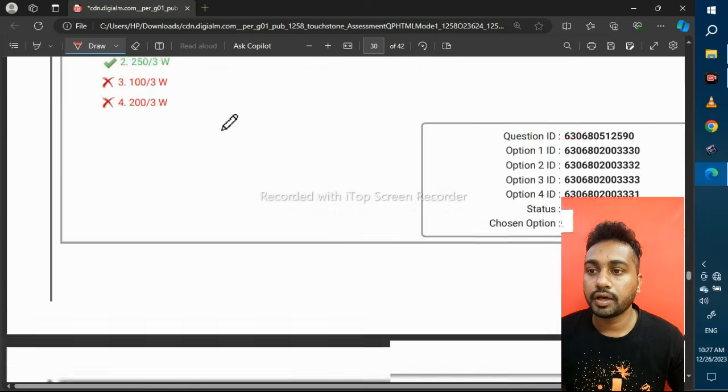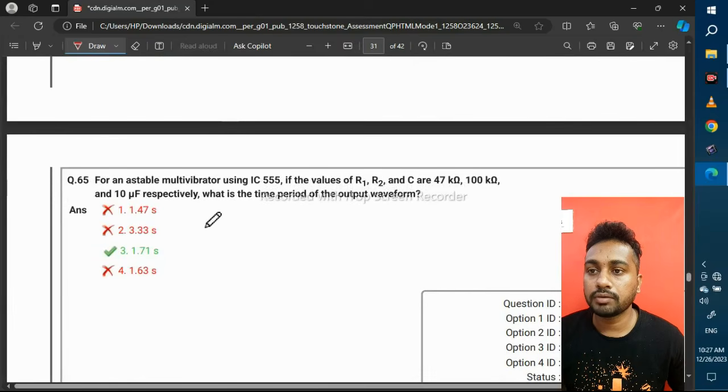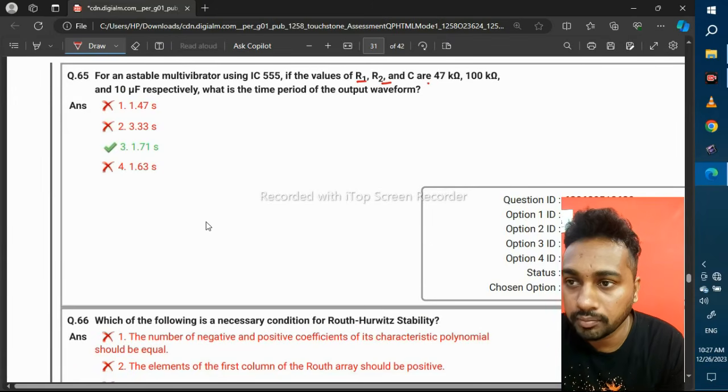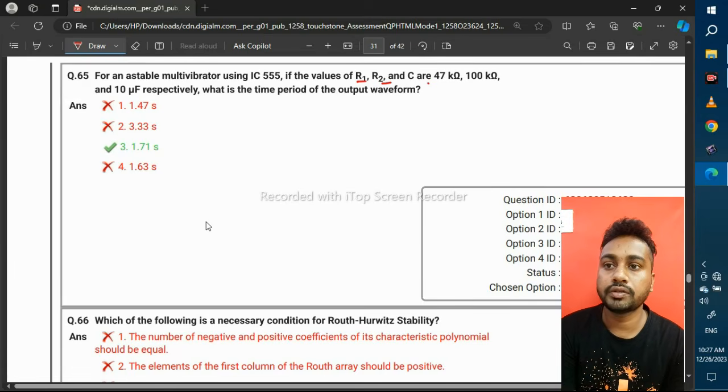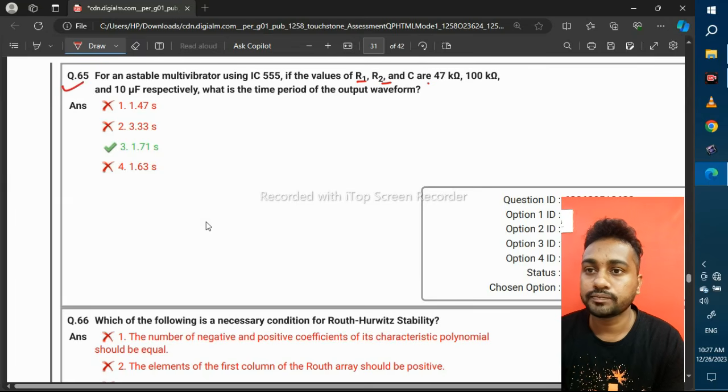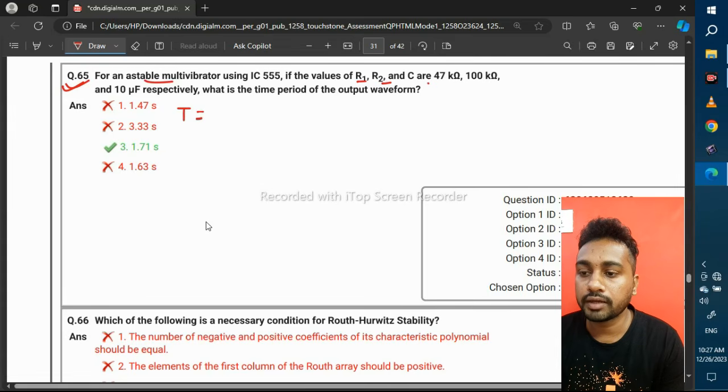Okay, now for an astable multivibrator using IC555, if the values of R1, R2 and C are 47 kilo ohm, 100 kilo ohm and 10 microfarad respectively, what is the time period of the output waveform? You can check this one also. Let us see the formula for the time period we need to find. So what is the time period? For an astable multivibrator, the time period is